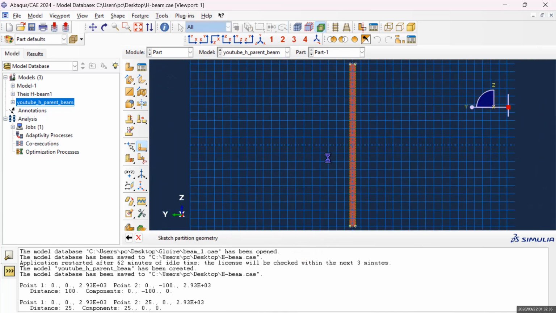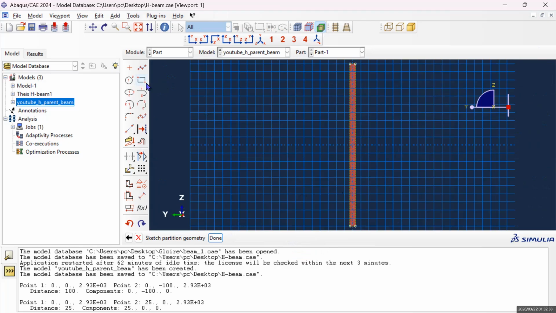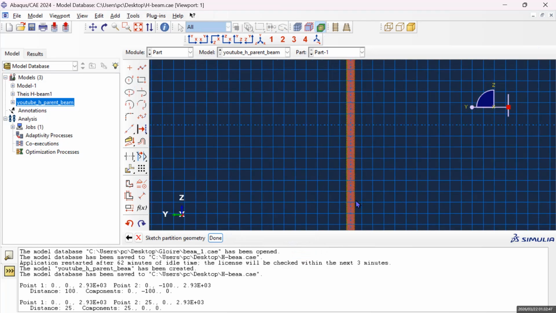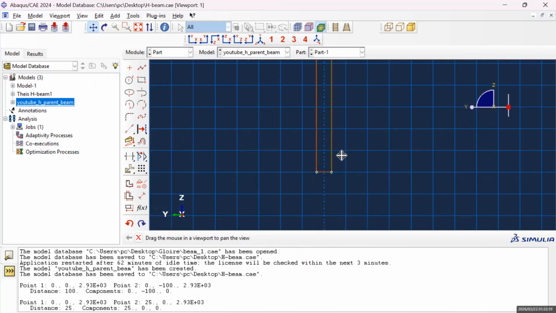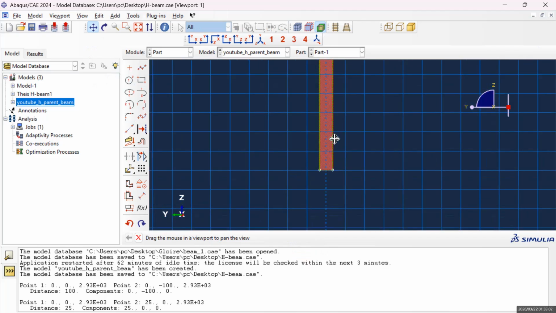Okay, now it's time to cut the beam. Make sure you really understand how to cut, because even slightly different distances can change the deformation of your beam. So you have to make sure to understand clearly how to do this partition. I'm going to go slowly so you don't get lost. What I know here is in my project,